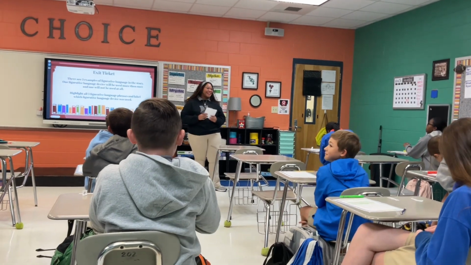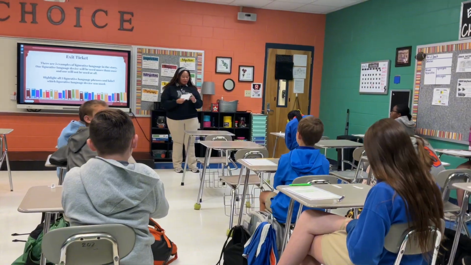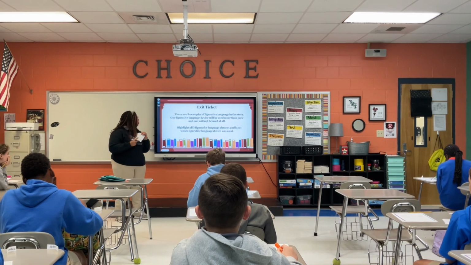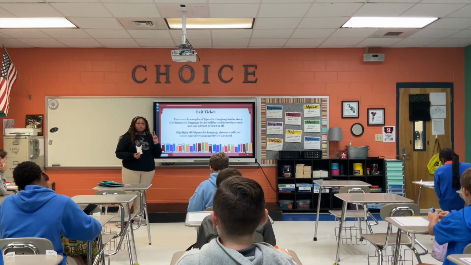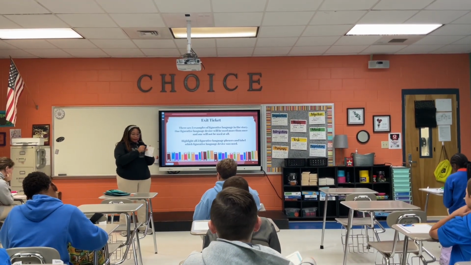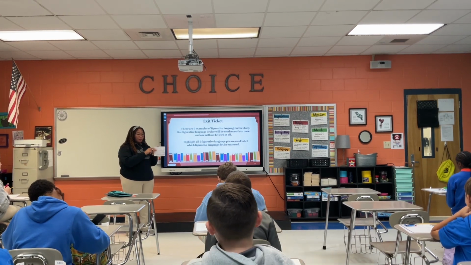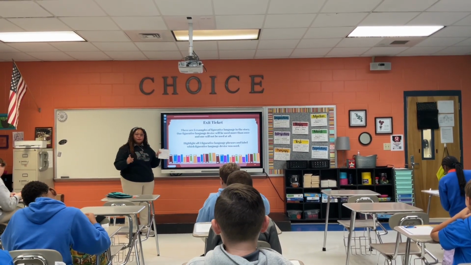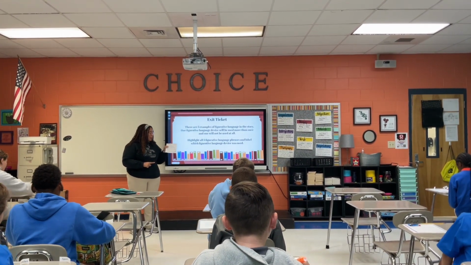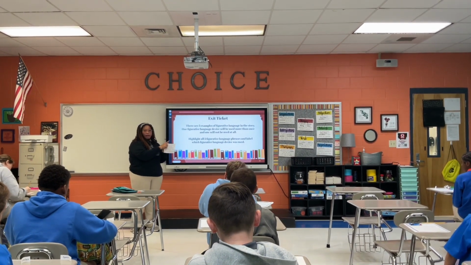I'm about to do an exit ticket real quick just to make sure y'all can find it in the story as well. Okay, there is 5 examples of figurative language in the little story I handed y'all. One of the devices we learned today will be used twice, and one will not be used at all. So you're gonna highlight the phrase, or you can underline it, and then above your phrase, you're gonna write which figurative language device it is. So for the first one, in the very first sentence we see, it was raining cats and dogs all night. So what will you do? You would highlight that phrase, and then above it, you'll write idiom, because it's the